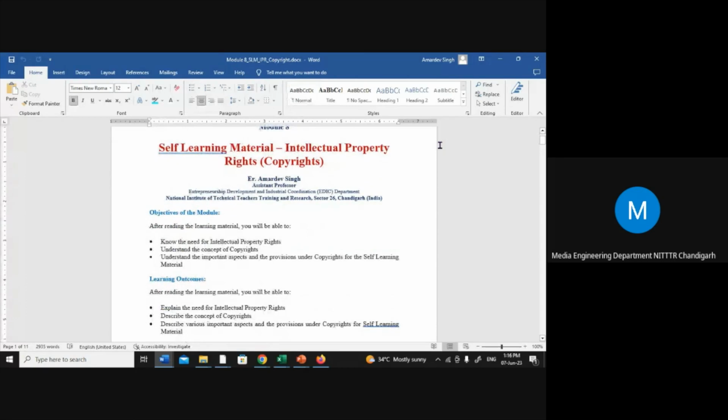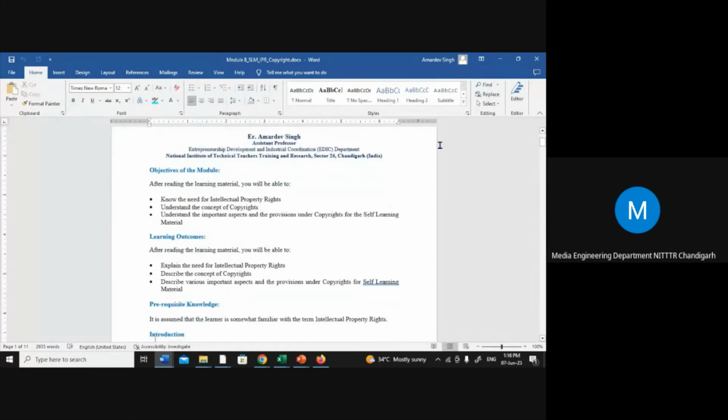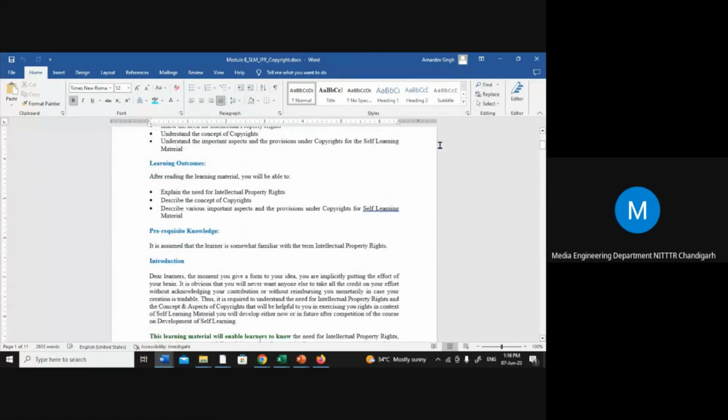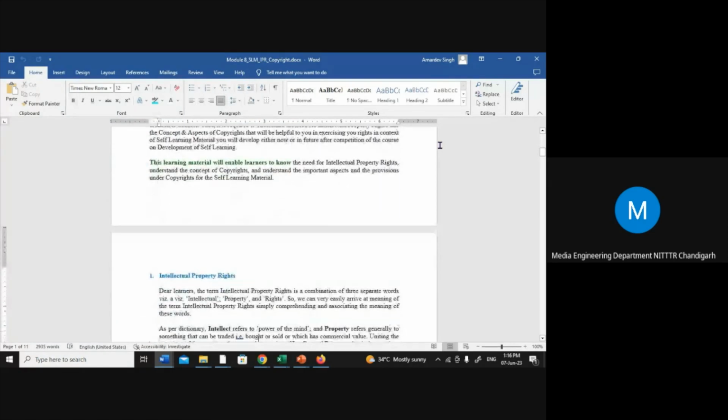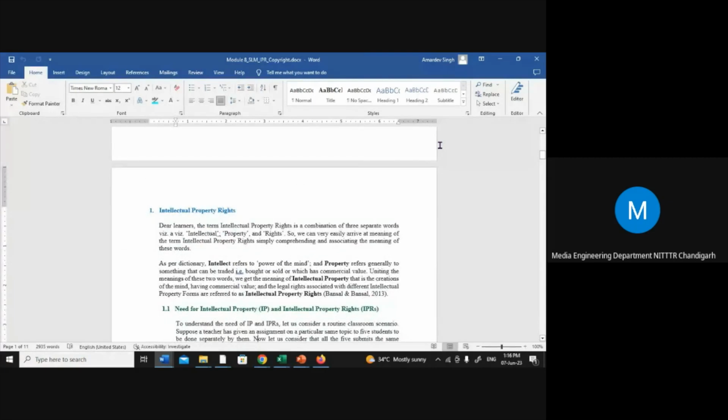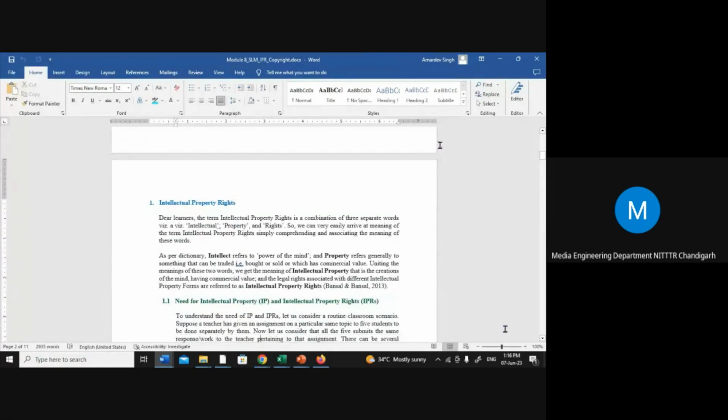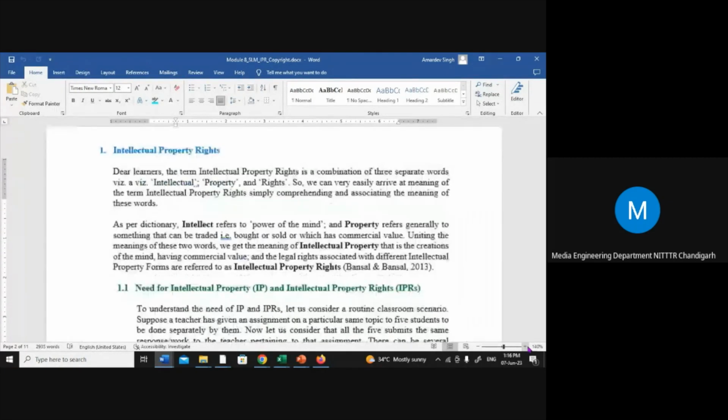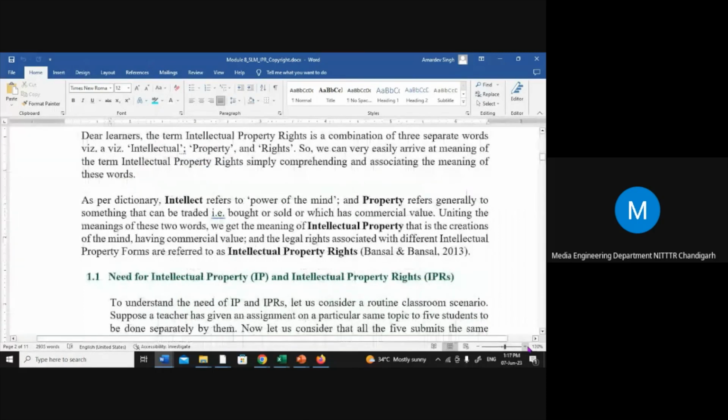I have to pass on the information and knowledge about IPRs, but I have acknowledged the author using APA referencing style. So wherever it is my work, no acknowledgement, it will go from my statement. But wherever it is a work of Bansal and Bansal 2013, from that book, I have acknowledged it.